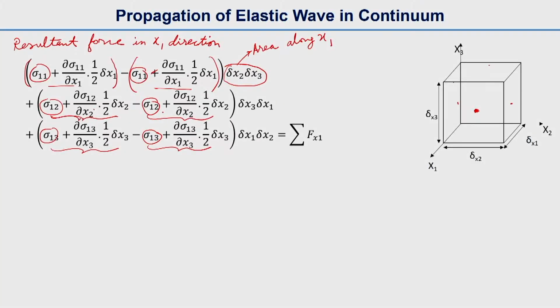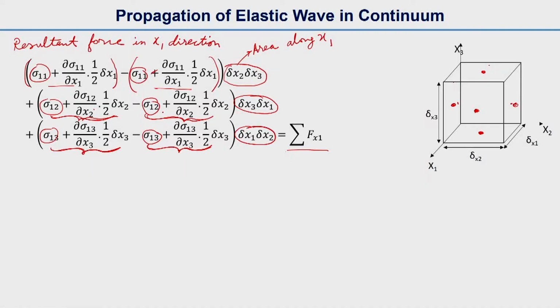This term is on the right hand side face and this term is from the left hand side face, and then the second last term is on the top face, and the last term of the stress is from the bottom face. Now we multiply by the area,